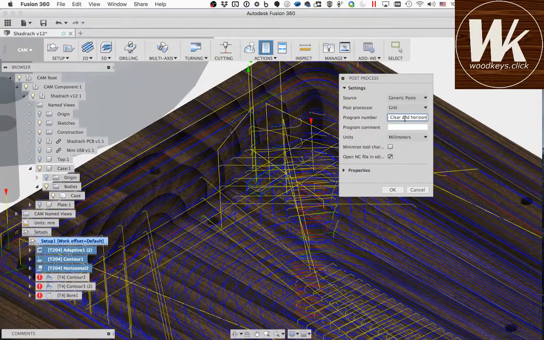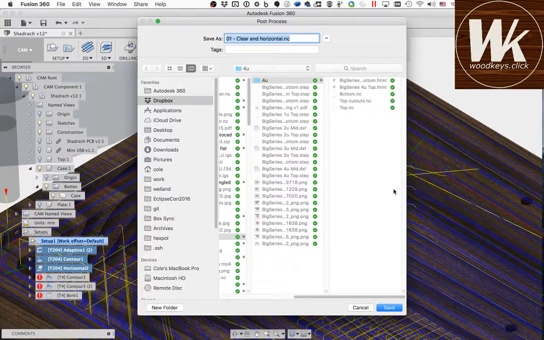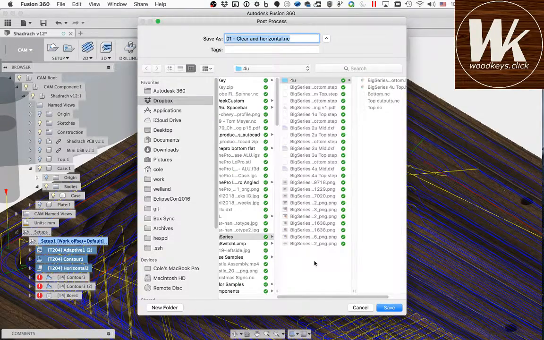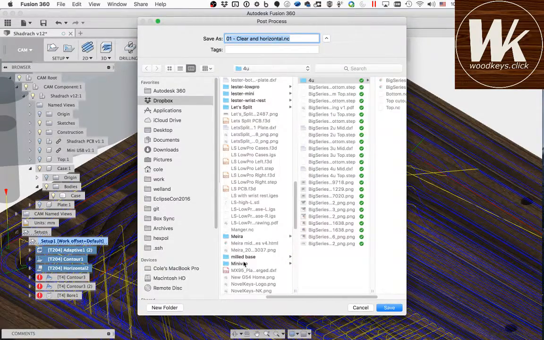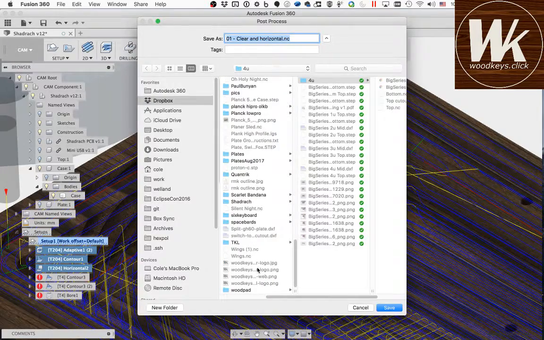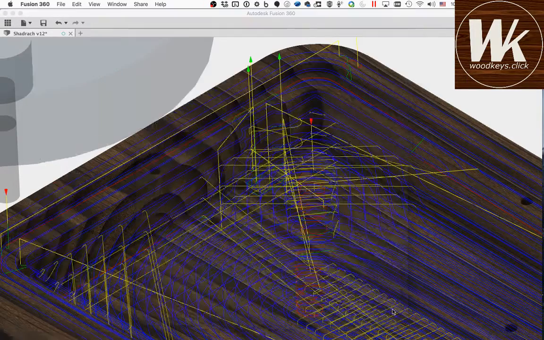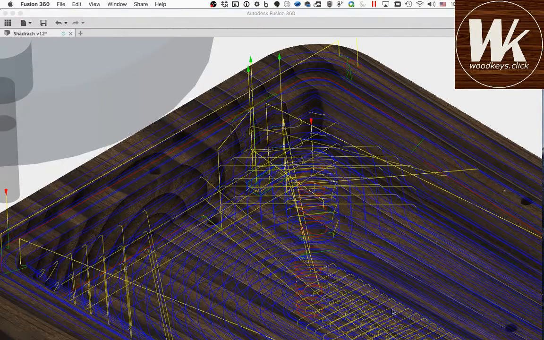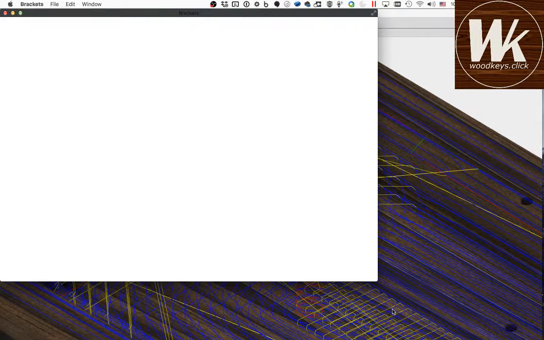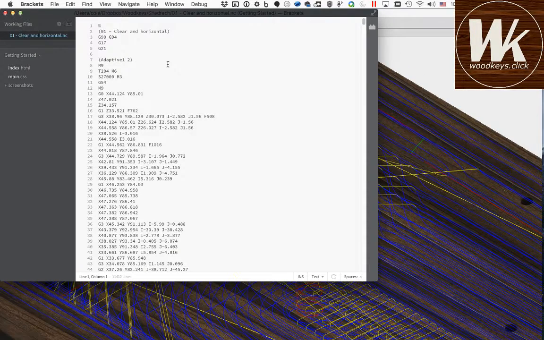It's going to be most of the work. Sometimes I'll name it based on which bit I'm going to use. It just kind of depends. I'm usually pretty consistent, but it kind of depends on what I decide that day. So we're going to come in here, we're going to put it in this directory, and I'm going to drop it in there. Now it's going to open in an editor, and I'm going to make one modification,